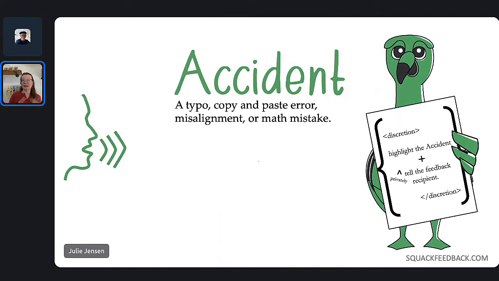This is just identifying a typo, a copy and paste error, these things that you're doing really in prototypes early on, and you might be moving so quickly that you're likely going to commit some of these accidents. What's great about the formula that our Alabaster is holding is there's a lot of discretion.